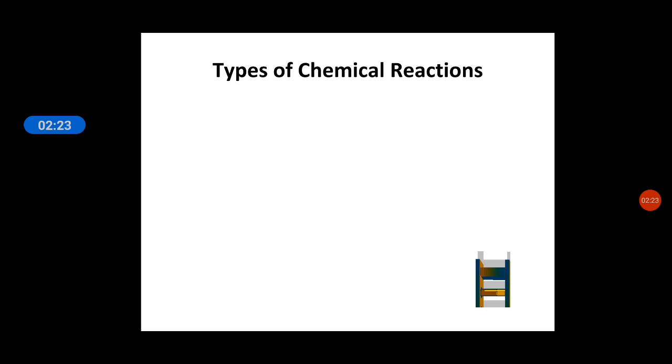Now today I'm going to deal with the types of chemical reactions. When we talk about types of chemical reaction, chemical reactions are classified into the following 4 types in accordance with the nature and the number of the reactants and the products. Number 1 is the combination reaction, where the basic principle is A plus B gives rise to AB. Combination means combining something. When we combine A and B, what are we going to get? A plus B gives rise to AB.